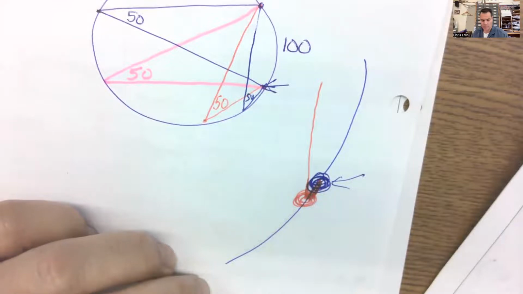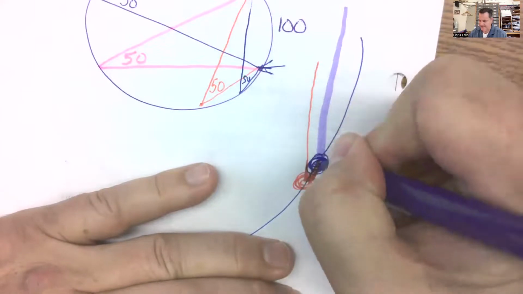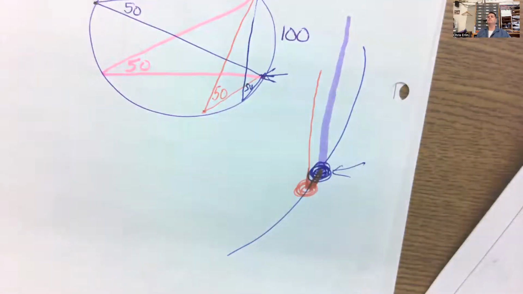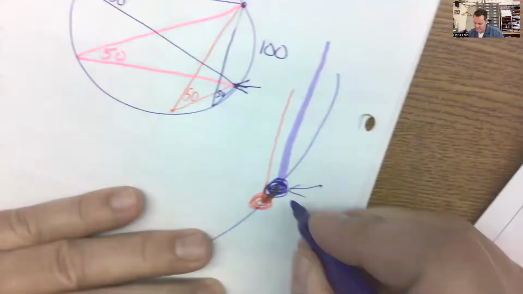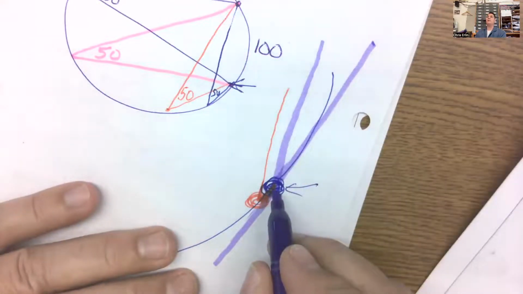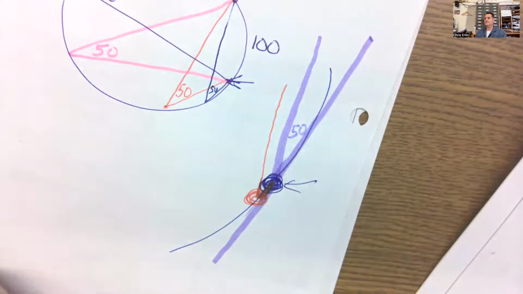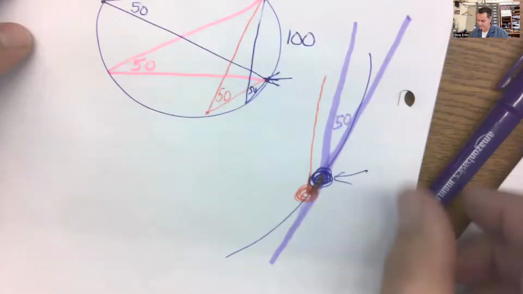What if I took it one step more? What if I went from that other point straight across and stopped here on the blue one? Is that still an inscribed angle? No, I've lost the other leg of the angle, haven't I? But what if I then used a tangent to create the perfect leg through that point that only touches that point? I've recreated that leg and this would still be 50 degrees. This is what I call the